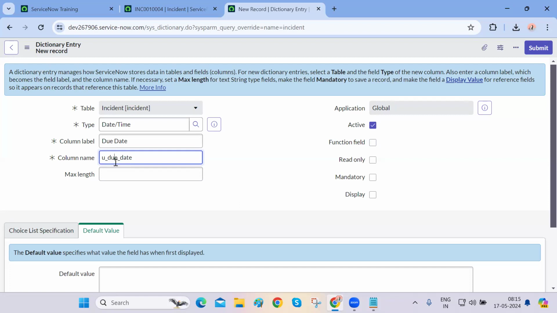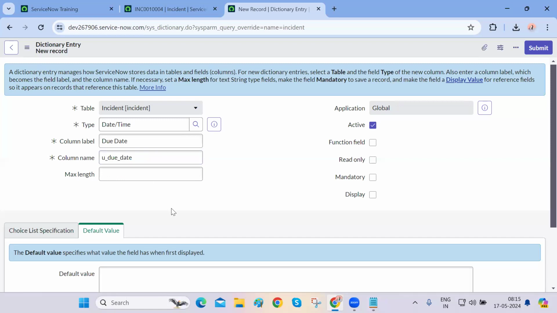Anything the user creates which is not out of the box gets this kind of name. The system automatically decides this name as u underscore followed by the field name in lowercase using underscores. So u underscore due underscore date. You can change it to whatever you want, but